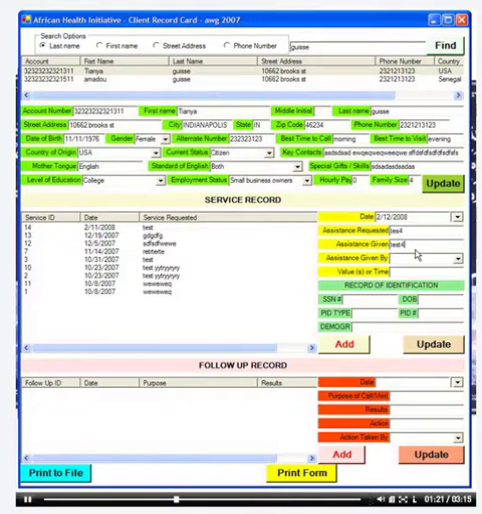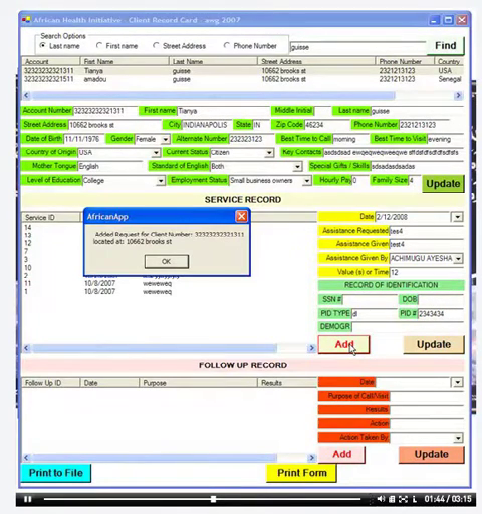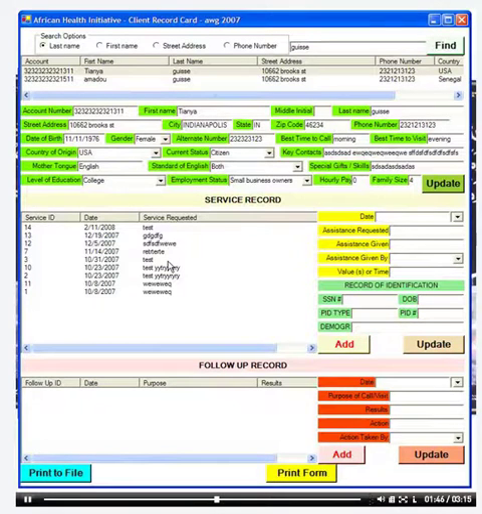If it's the same, test 4, given by, select the employee that's given the assistance, and then if you know the value or time for that assistance, enter that, let's say 12, and then enter record of identification. If this was identified by picture ID, let's say we type in DL for driver's license and enter the driver's license number, and click add, and it would add that service record into the